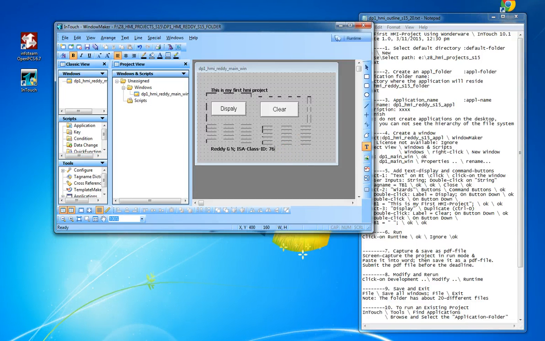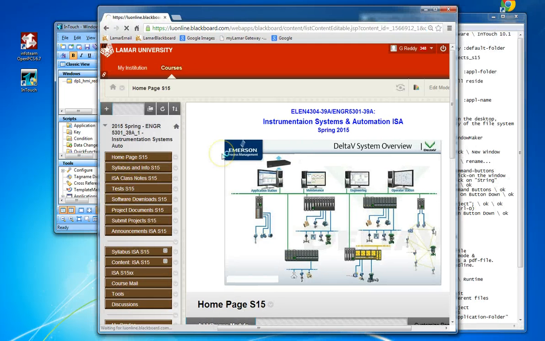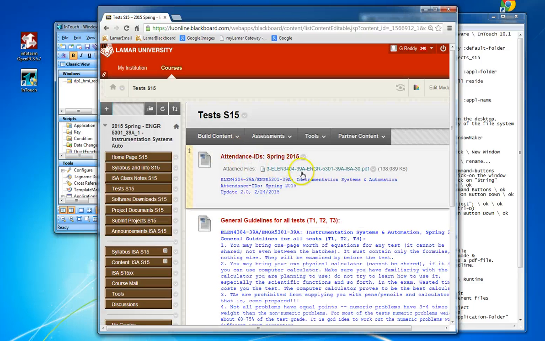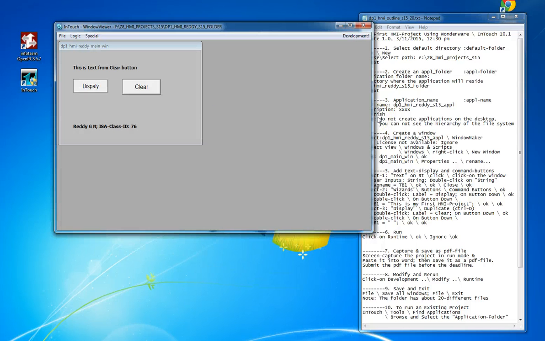under the tests. See this, if you go to the test, here at the attendance ID, you click on it, it will show what your number is. The same IDs you're going to use for tests and so forth. So once that is done, again run it. Then say display,